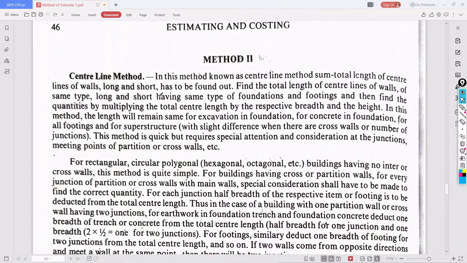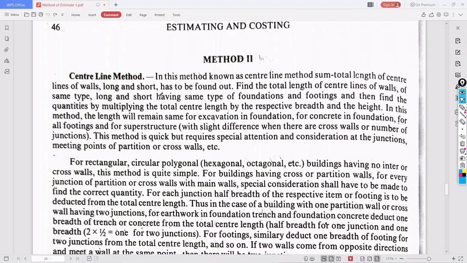So today in this session, we will discuss the center line method. In the last session, we completed one of the residential examples on the long wall and short wall method. In this session, we are going to learn about the center line method, and whatever examples we dealt with in the long wall and short wall methods, I'll solve the same example, or I'll show you how it is solved in this method also, so that you will get an idea.